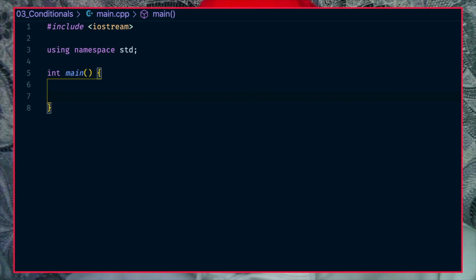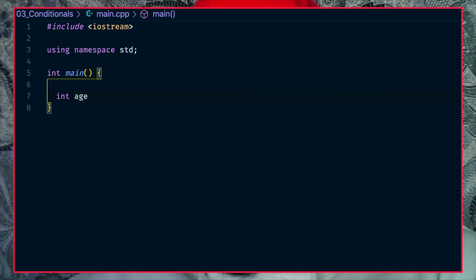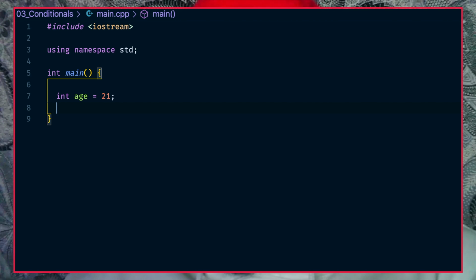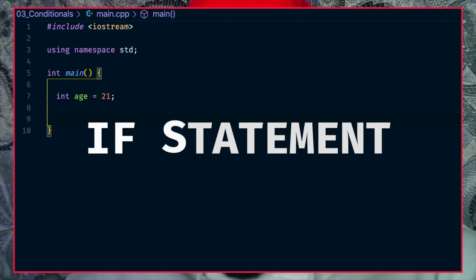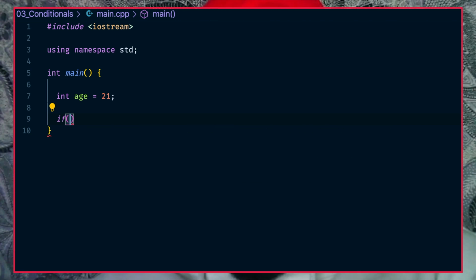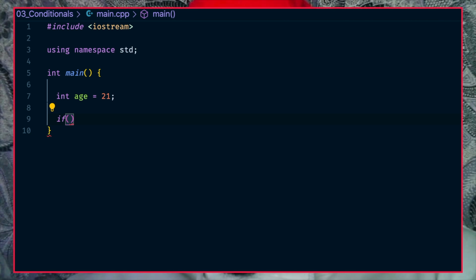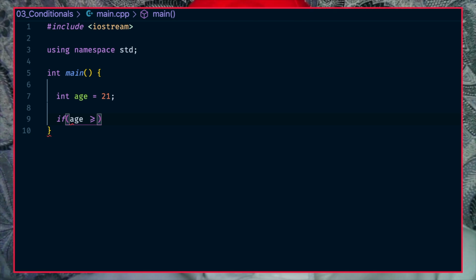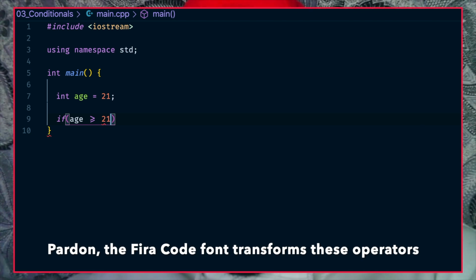Okay, how about age? Int age is equal to 21. Right, so we have an age of 21. Now we can have an if statement. This is how it works. If, and then we open up the parentheses, and then this is going to be where we put our conditional in. If age is greater than or equal to 21,